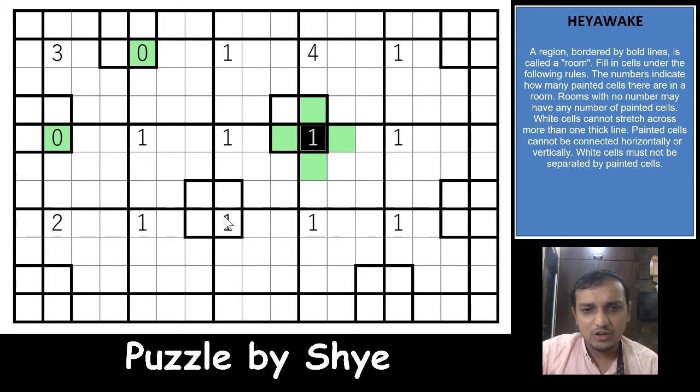So for the 1, we'll always do this thing, right? You have only one cell in that one region, so that will be shaded. You have zero, so no cells will be shaded in the 0 region, so that is also done, right? So if you see the next logic, I would work out with the 4 here, right?